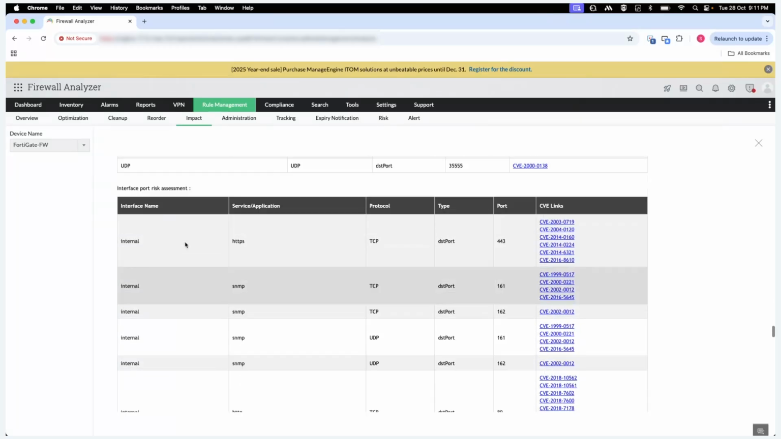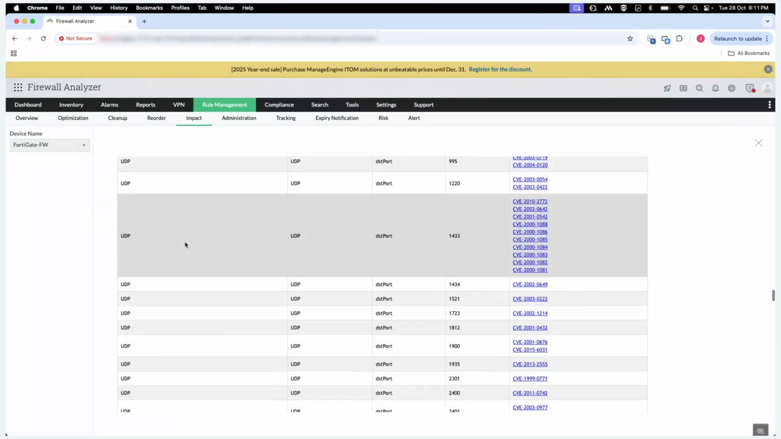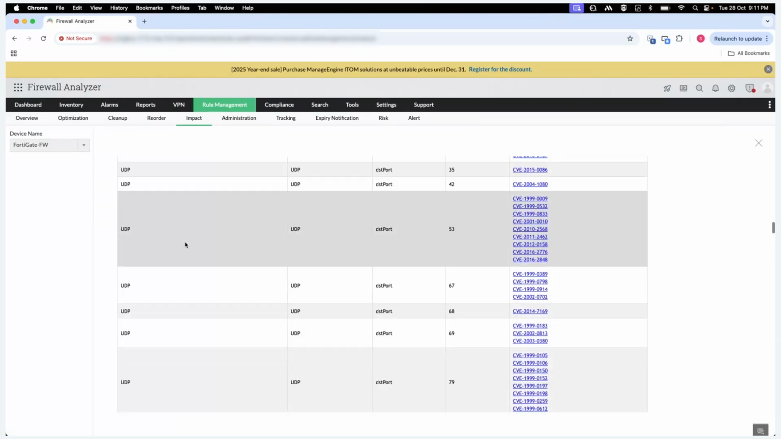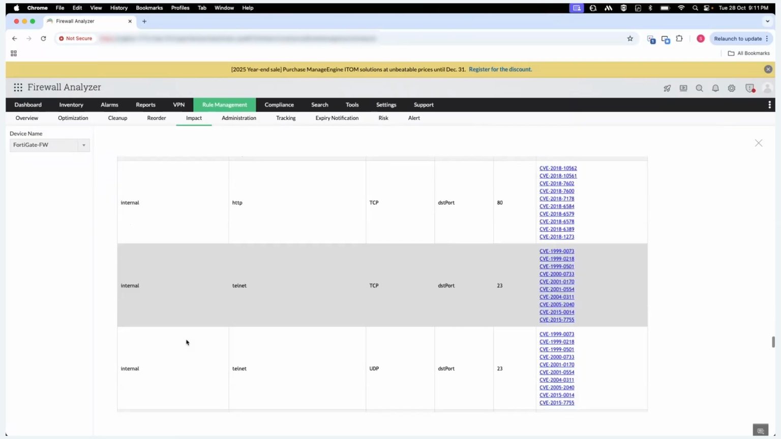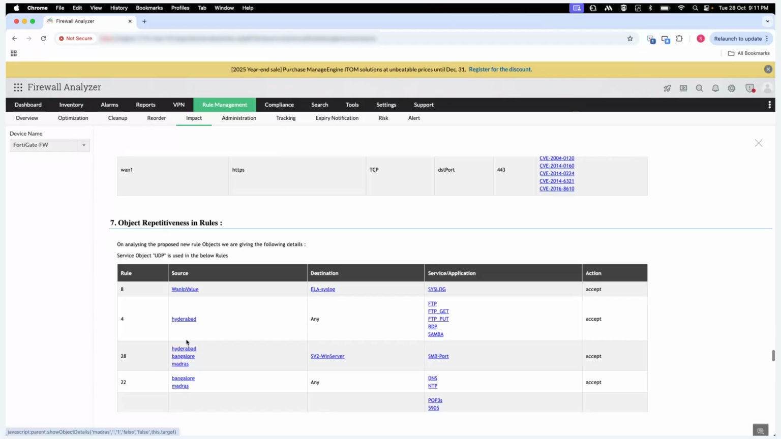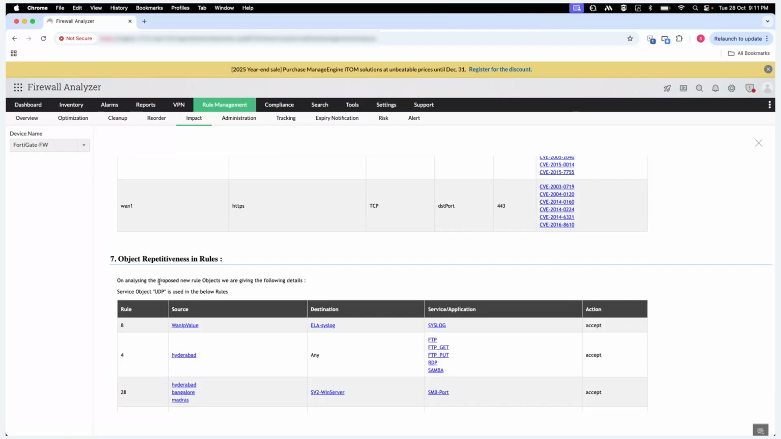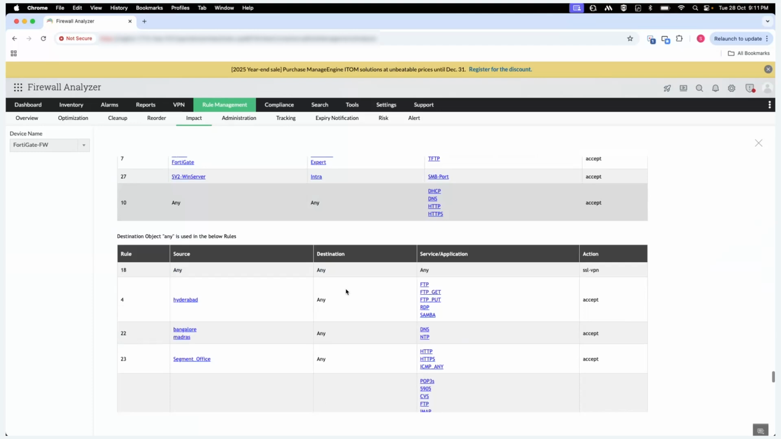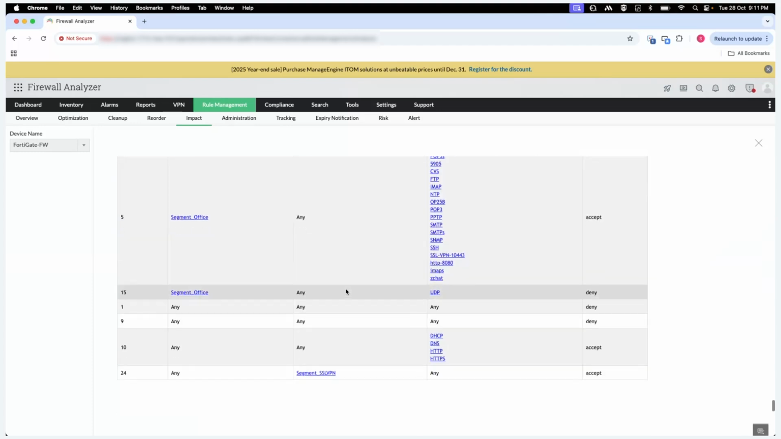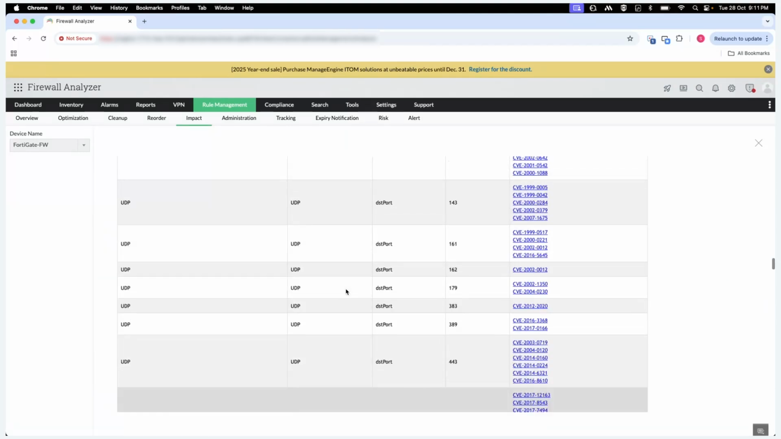With interface port risk assessment, service application port risk assessment, and you have the object repetitiveness in rules, etc. So this covers